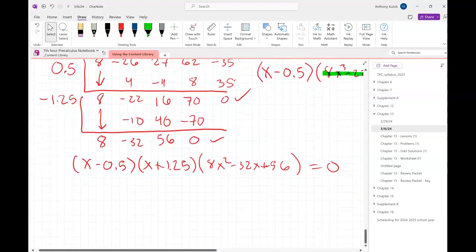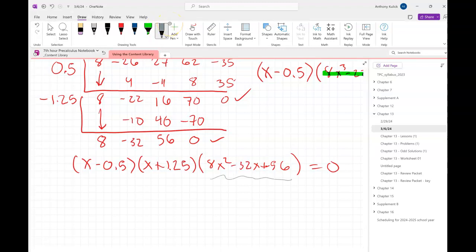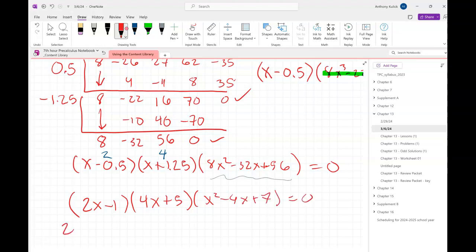But before I go and start applying the quadratic formula, what do you notice in here? I noticed something kind of good. Look at the coefficients. Yeah, there's a greatest common factor of 8 in there. I'm going to take that out. I'm going to put 4 of it in there and 2 in there. And now when I apply the zero product property,